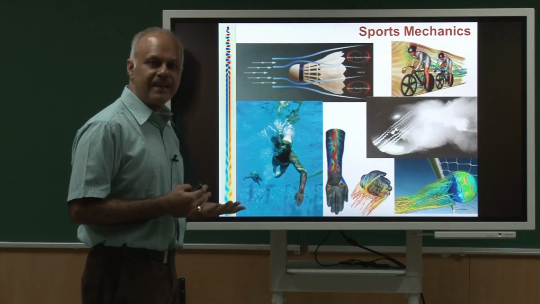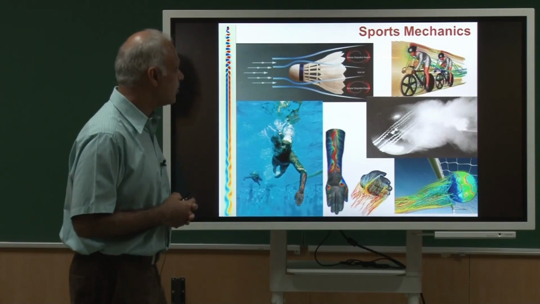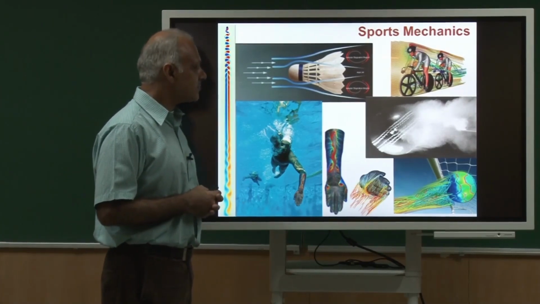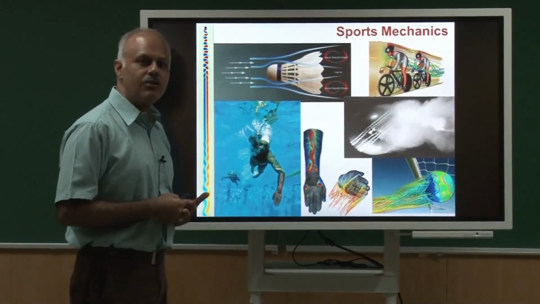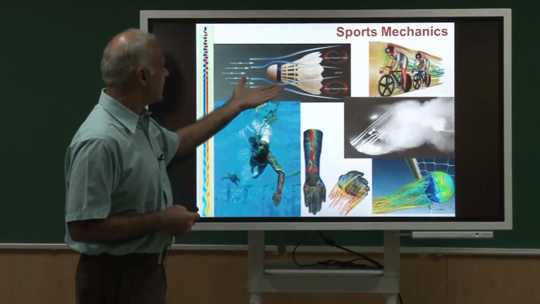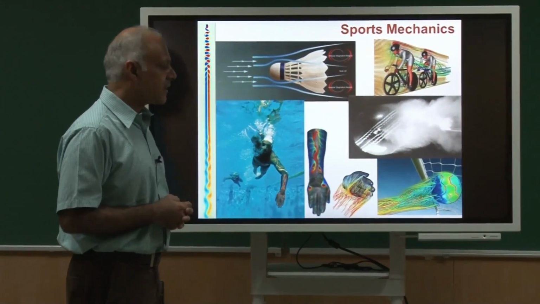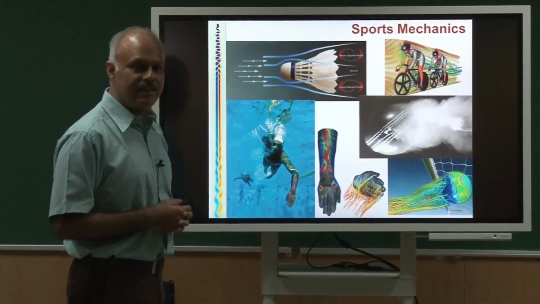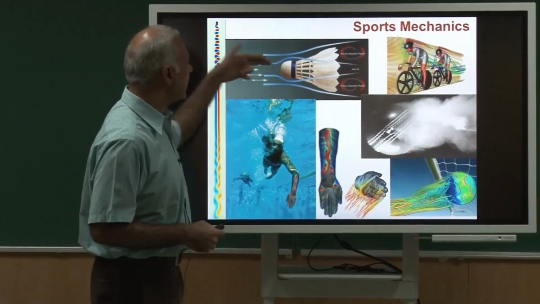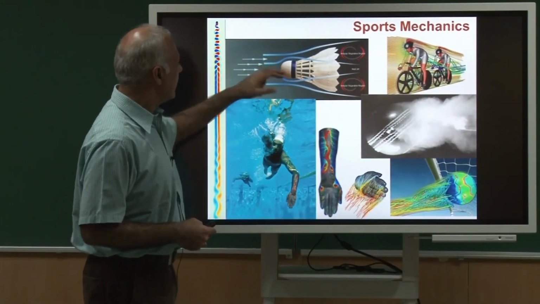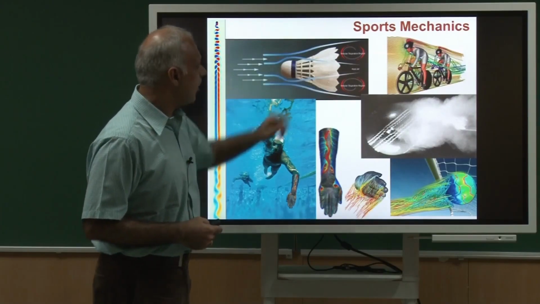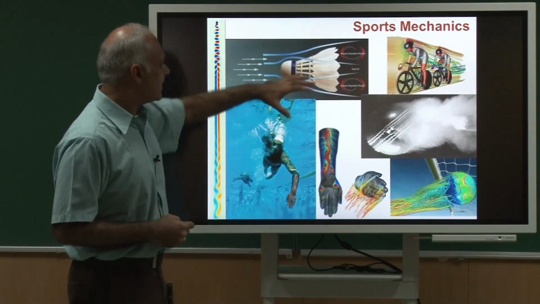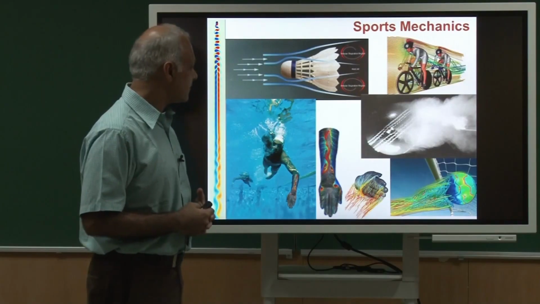How about sports mechanics? I am sure there are lots of you who are sports enthusiasts. I play badminton myself, and I am interested in finding out why the trajectory of a duck feather shuttlecock would be different than a synthetic shuttlecock. What exactly is the flow? It turns out that through these gaps in the skirt, the flow goes in, it forms some vortices, and that in turn affects the forces on the shuttle.